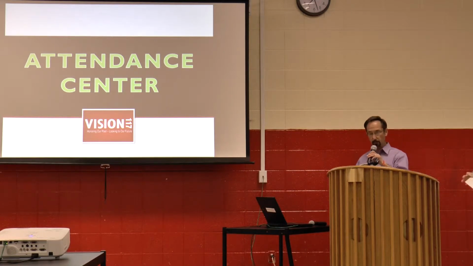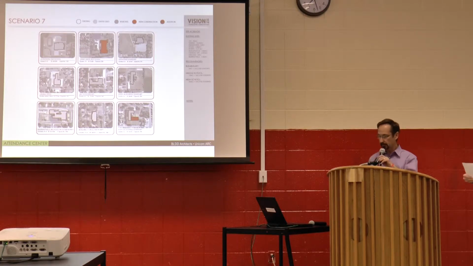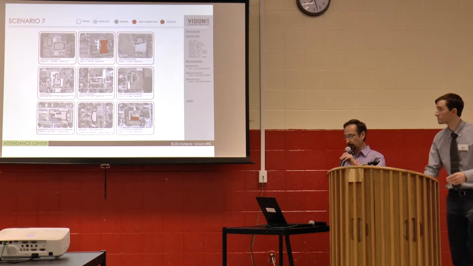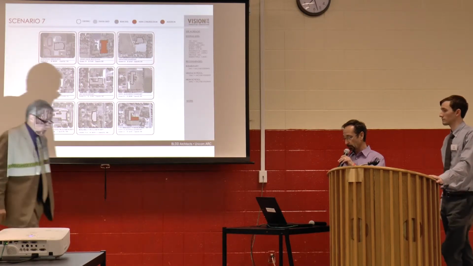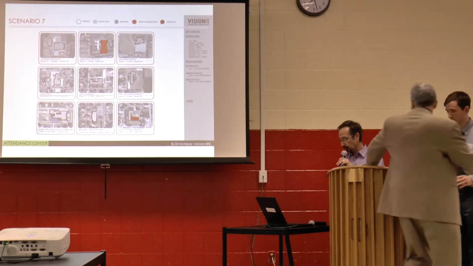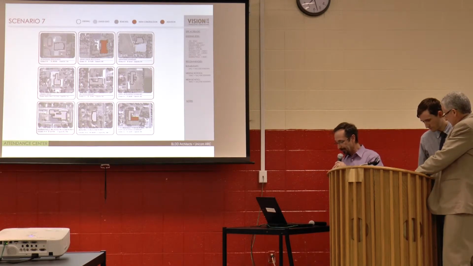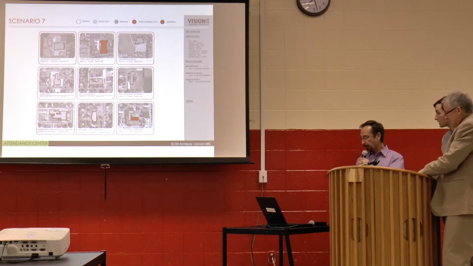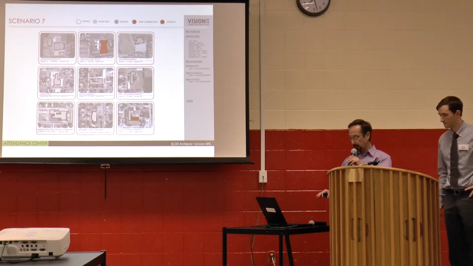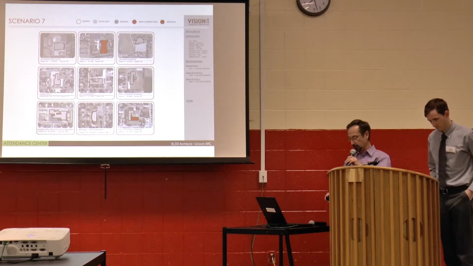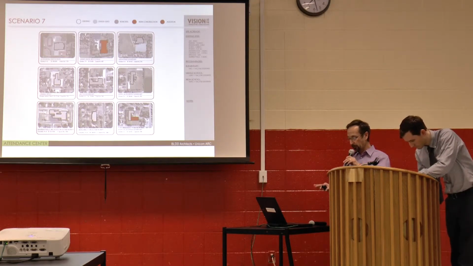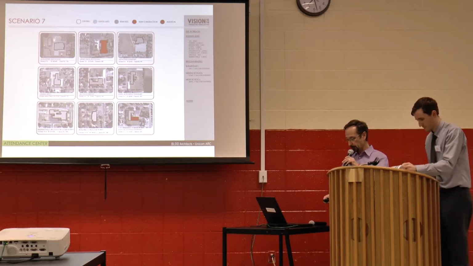So that's the first 2 of the themes. The last theme, and the one that has the most number of scenarios, is the attendance center theme. So scenario 7 is the scenario where the high school has both the physical needs assessment work and the 21st century renovations. Turner Junior High becomes a 7-8, a brand new facility on the Turner site. The South Jacksonville Elementary becomes a 5-6 attendance center. And then all of the remaining elementary schools become K-4 facilities.